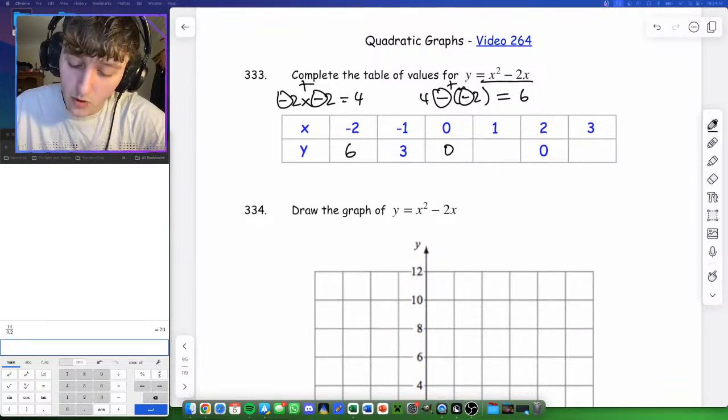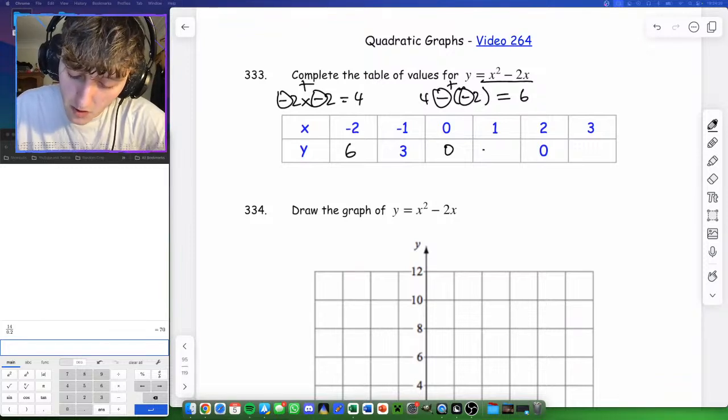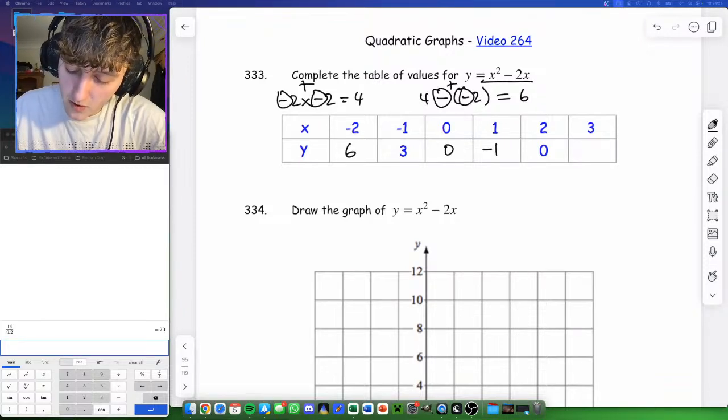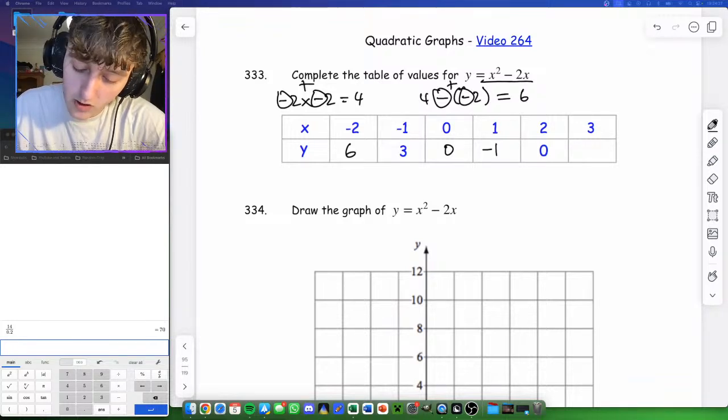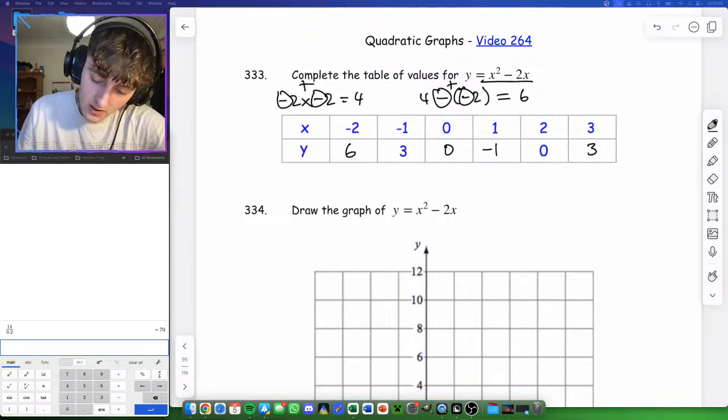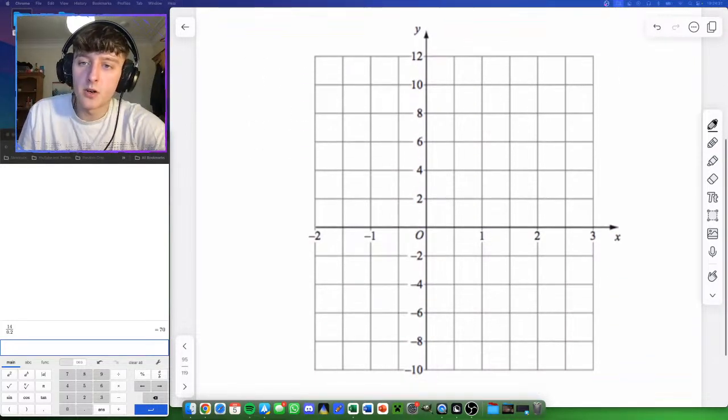1 squared is 1, minus 2 is going to be minus 1, 2 is 0, and then 3 squared is 9, minus 2 3's is going to be 3. Right, so